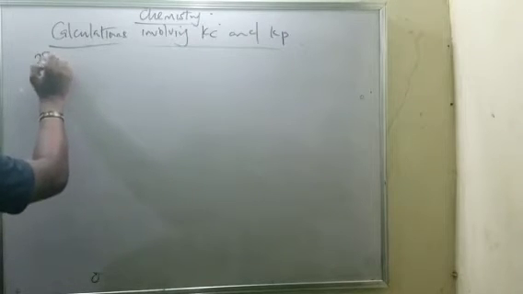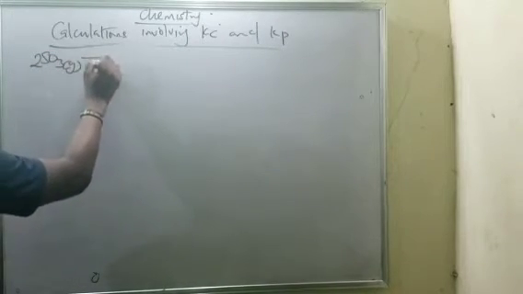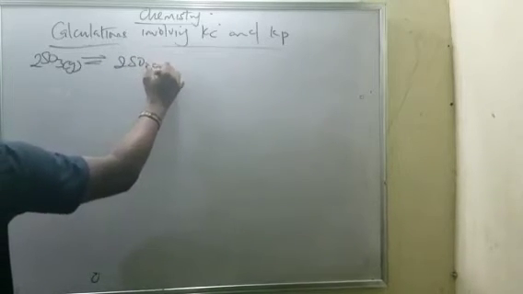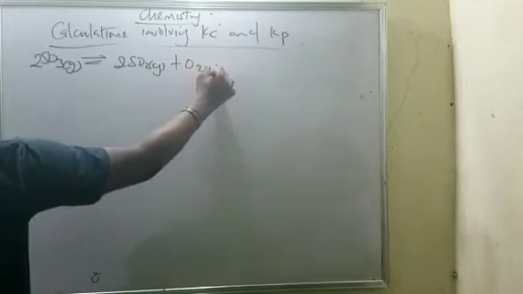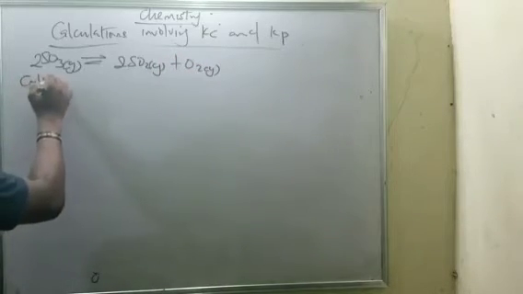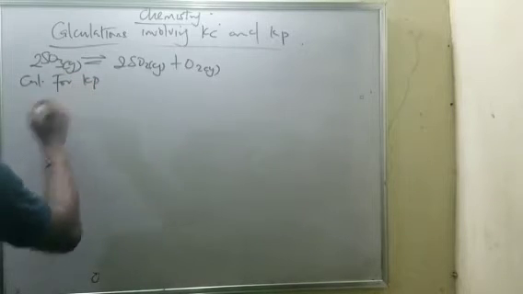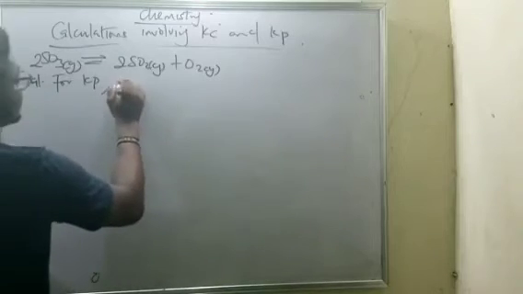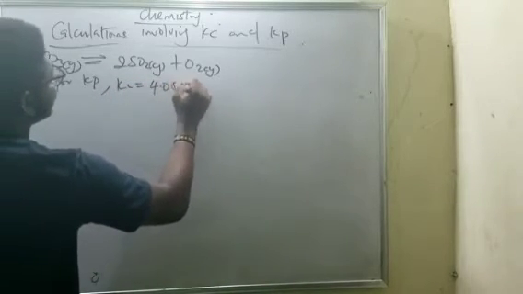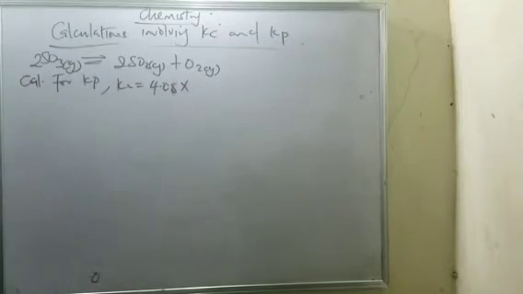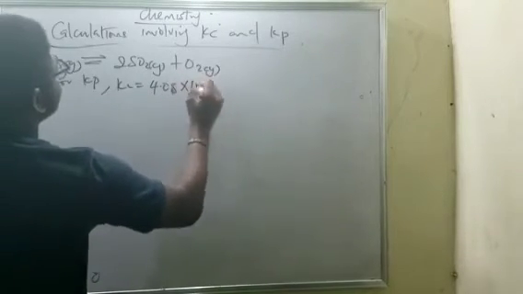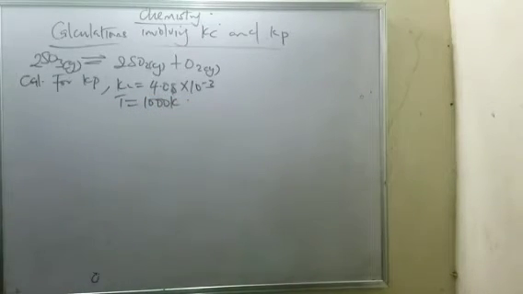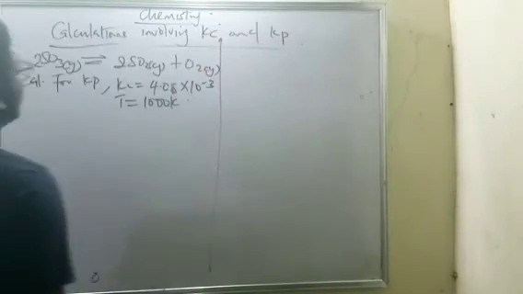Let's say you have 2 SO3 gas giving you 2 SO2 gas plus O2 gas, and you're told to calculate for Kp, if your Kc is given as 4.08 times 10 raised to power minus 3, and your temperature is 1000 Kelvin. Yes, okay, this is something similar to what we just finished, so I believe we should have a way to